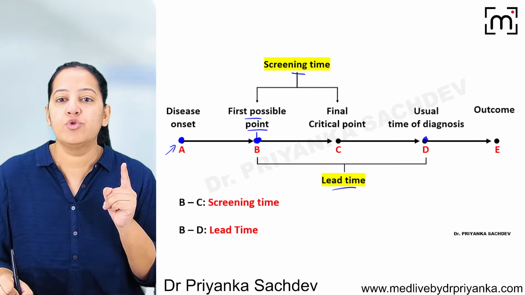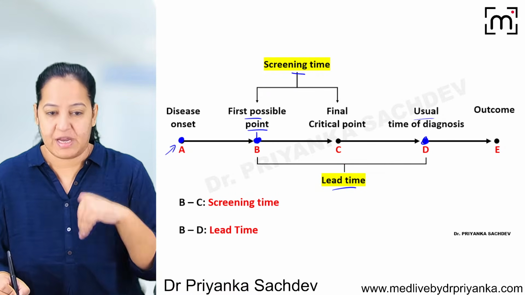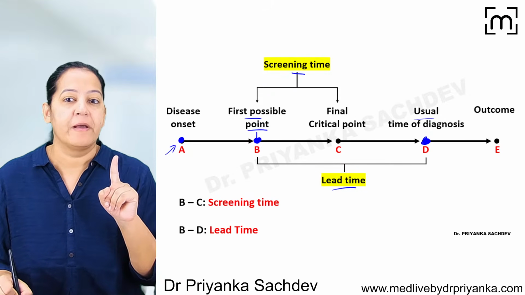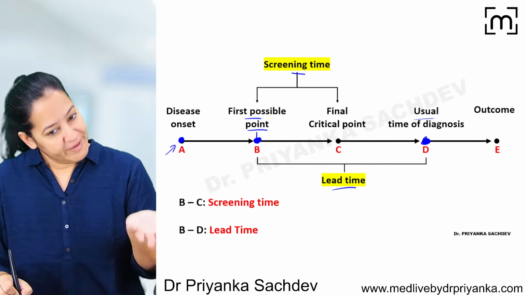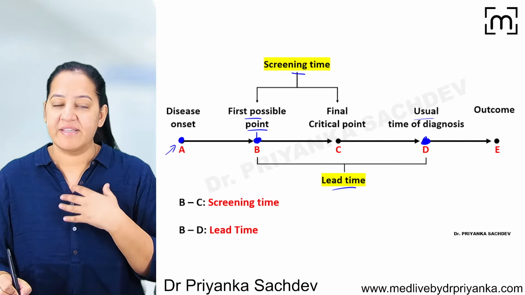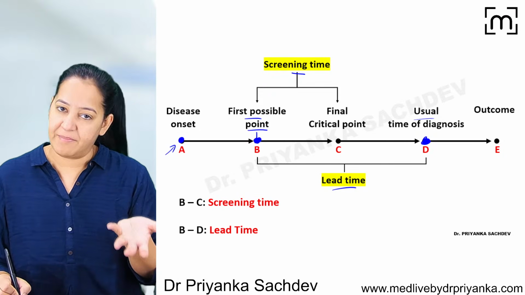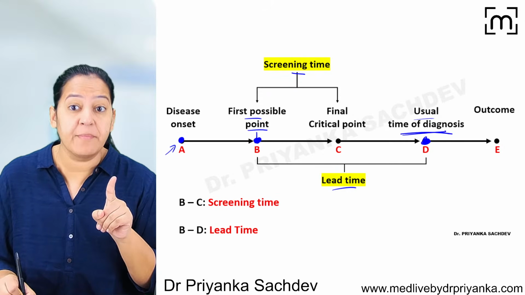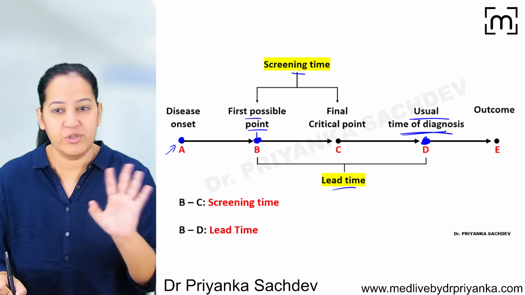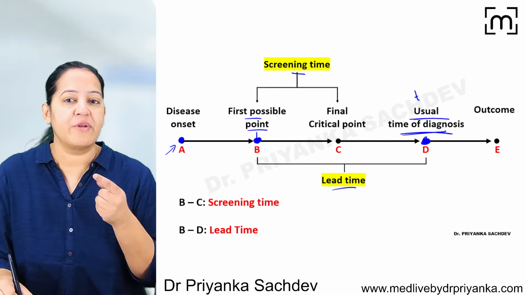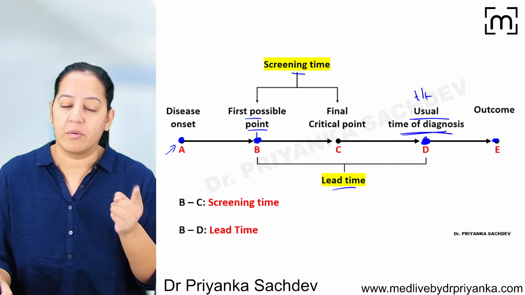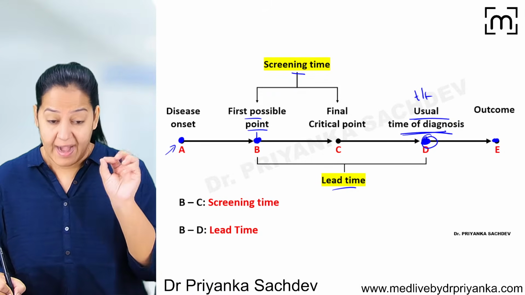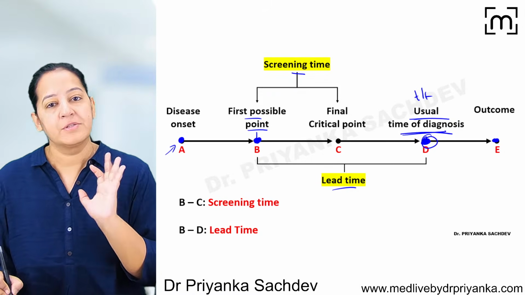Now this is the usual time of diagnosis when the patient is coming to us. If we are doing nothing, here the symptoms will come. When the symptoms come, the patient will run to the doctor: doctor, I'm having certain symptoms, I'm having some abnormality, kindly do the diagnosis and give me the treatment. So this is the usual time of diagnosis if we don't intervene, and here we offer the treatment and here is the outcome. The outcome can be good, can be bad, depending on when the patient is presenting. So the outcome can differ.